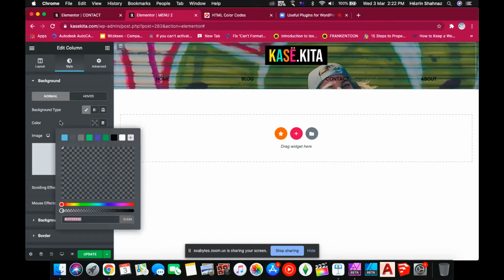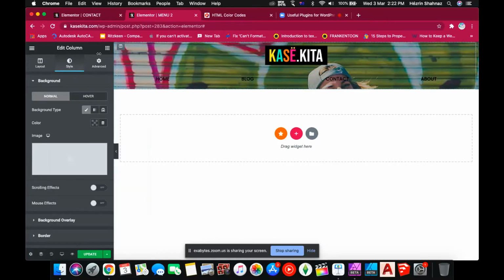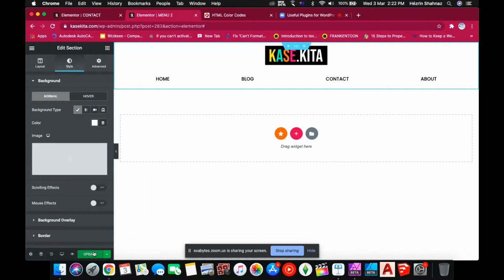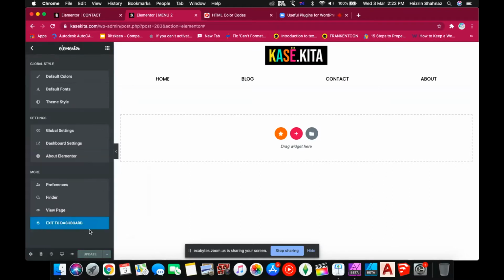Okay, but I want to put it white. I don't want to put any image because I don't have any suitable image. It kind of fades away my menu. So go back to section, and I'm going to delete this one. So update. And then once you're done with the menu, you can go back, exit to dashboard,